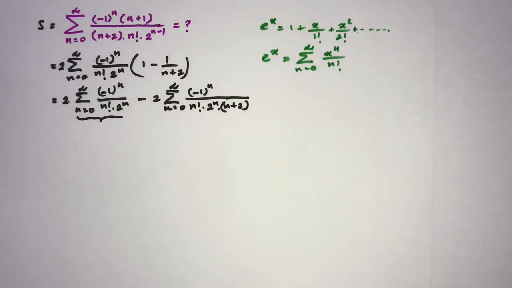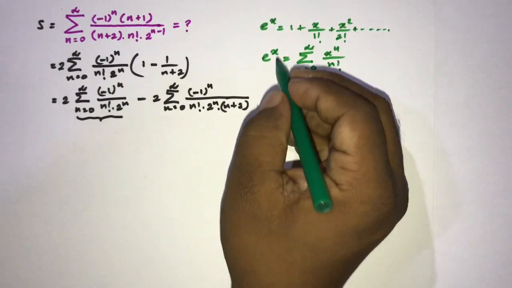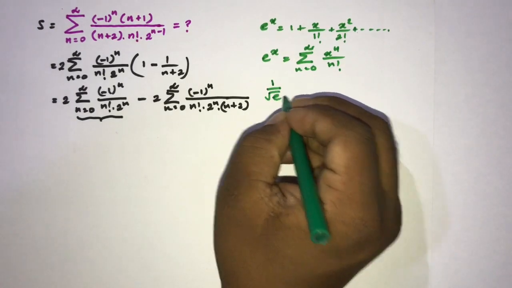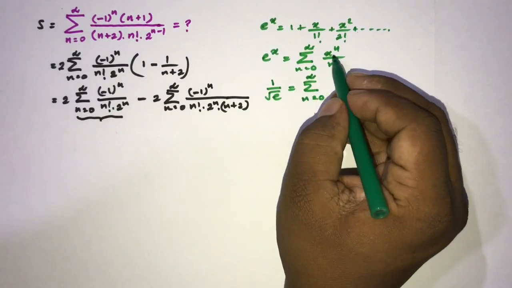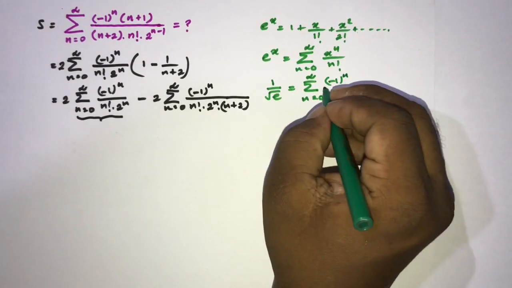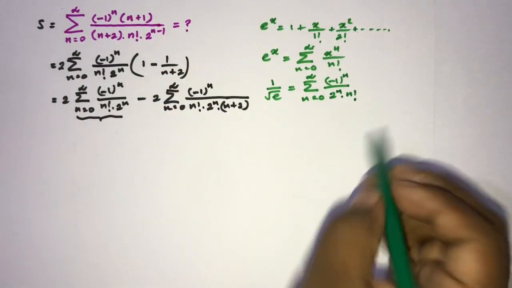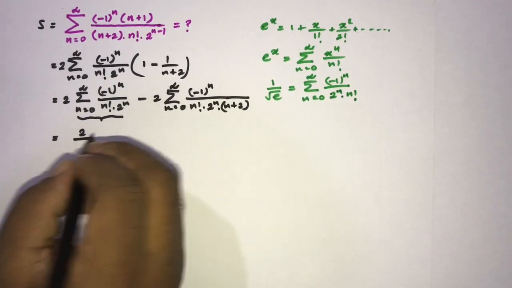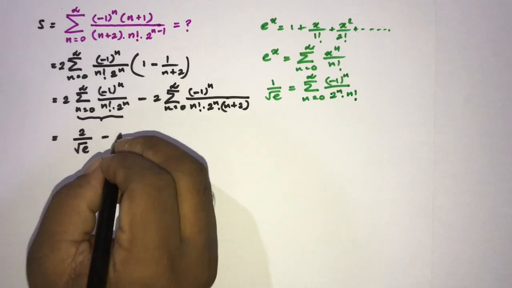Okay, then if we plug in minus 1 half instead of x, we know e to the minus 1 half is equal to 1 over the square root of e, and here the sum from 0 to infinity, now instead of x, minus 1 over 2, so minus 1 raised to the n over 2 raised to the n times n factorial. This is our series. So now we know this is equal to 2 times 1 over the square root of e. Okay, then here minus 2